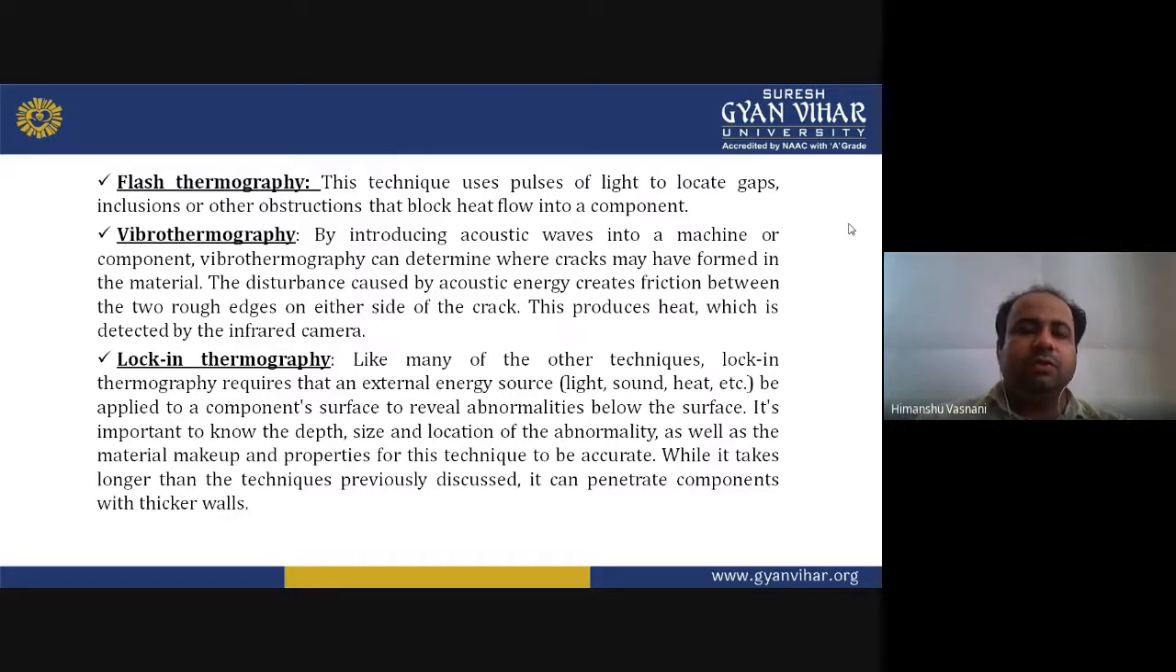Okay, so there's flash thermography, passive thermography, active thermography, vibrothermography. Vibrothermography is, as the name says, a very different kind of thermography technique. Then lock-in thermography. Like many other techniques, it requires an external energy source,